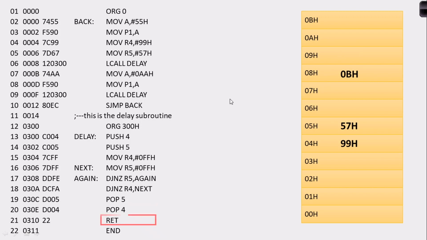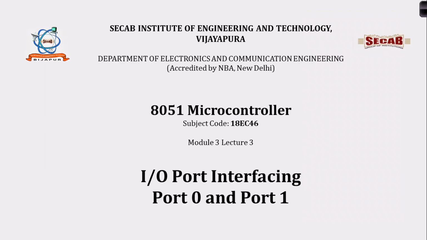Both the address locations will be loaded back to the program counter. So this is what happens whenever there is a call. Absolute call also works in a similar fashion itself.